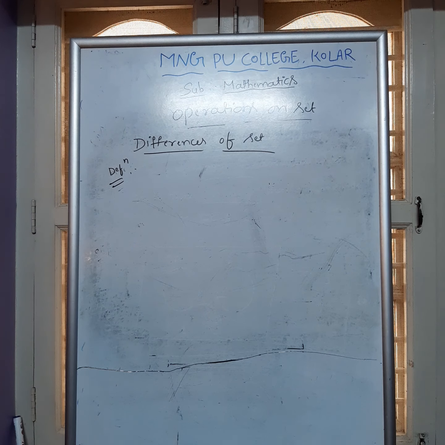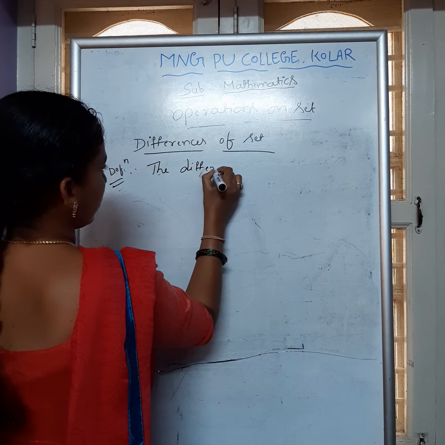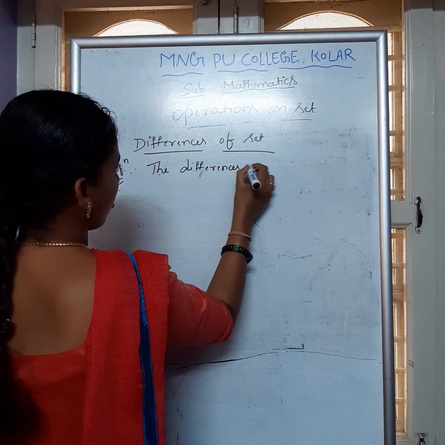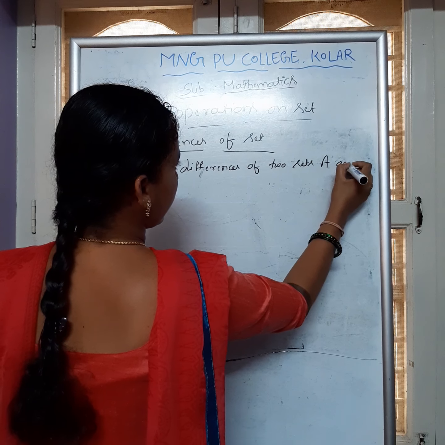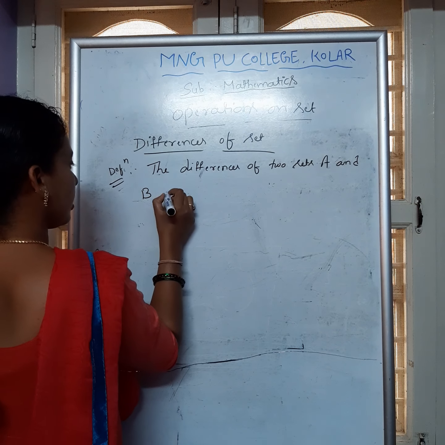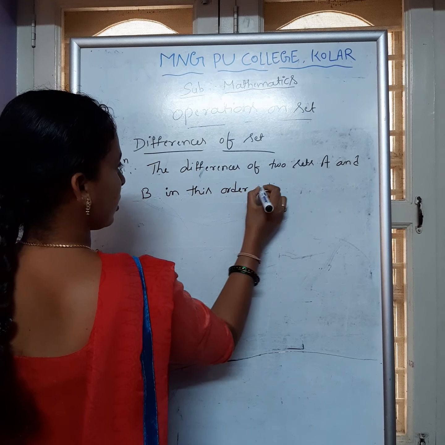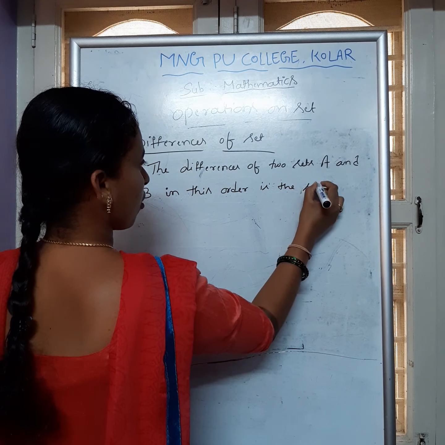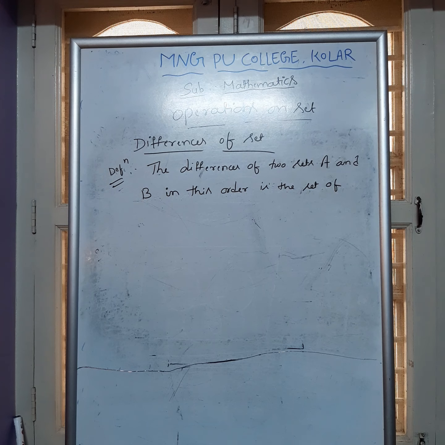The difference of the sets A and B in this order is the set of elements which belong to A but not to B. The difference of two sets A and B in this order is the set of all those elements,